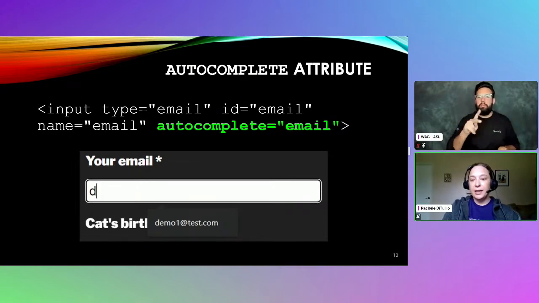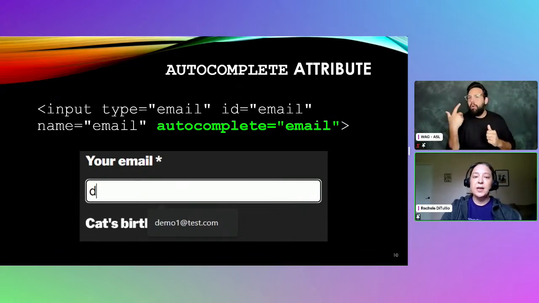They are available online. You can just search for autocomplete attribute. I've got a link in the slide notes here. And that will tell you the correct autocomplete attribute value to use when you're requesting personal information. So common ones are like first name, last name, things like address elements, street address, city, zip code. There's even ones for storing credit card information,